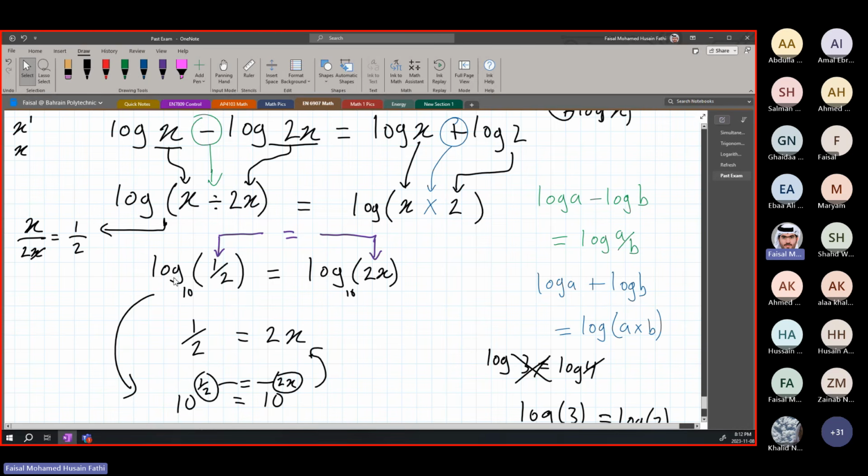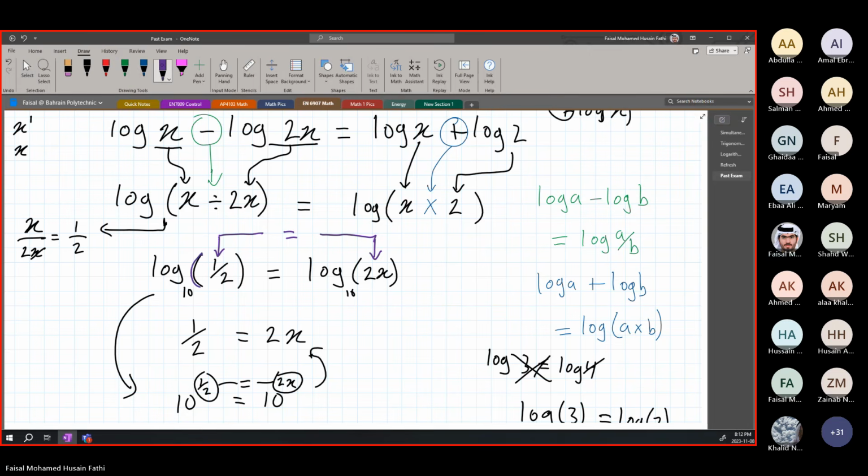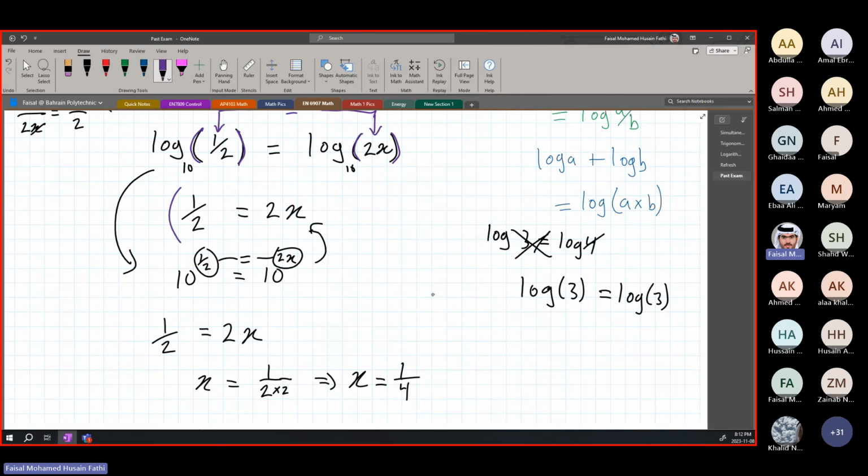By logic, if we have a log and a log, okay. If we only have, at the last thing, log of something equal to log of something else, then whatever is inside the brackets has to be equal. Because you can't say log of 4 equals log of 5, for example. So log of half has to be equal to log of half, or in this case 2x. So 2x has to be equal to half. That's why this will give us this formula: half is equal to 2x.